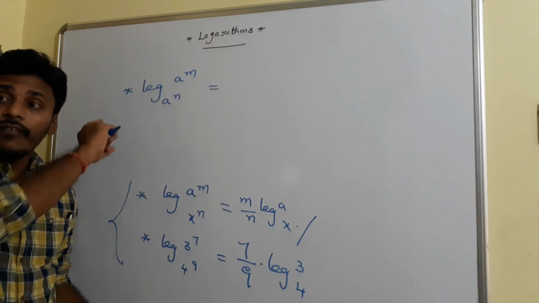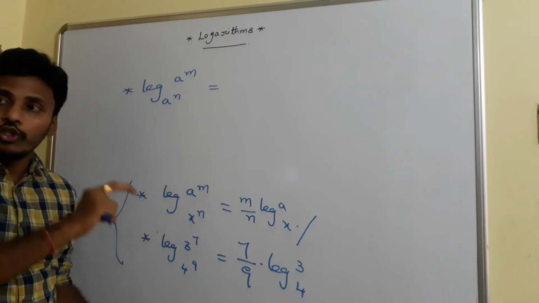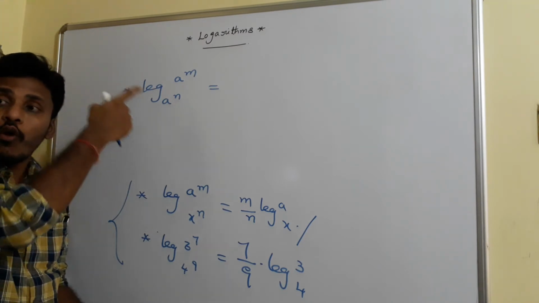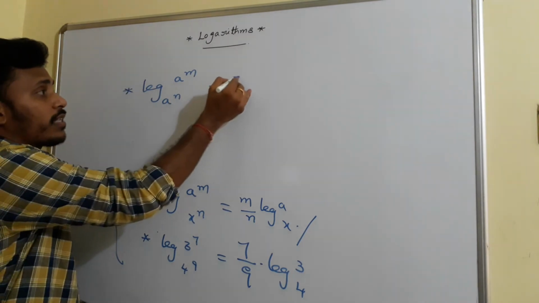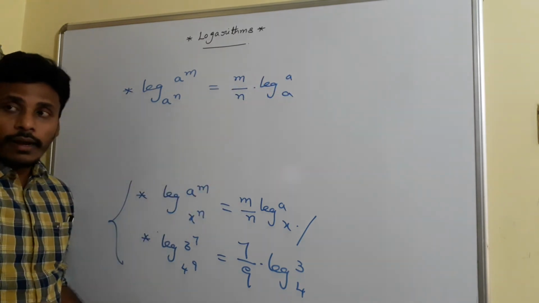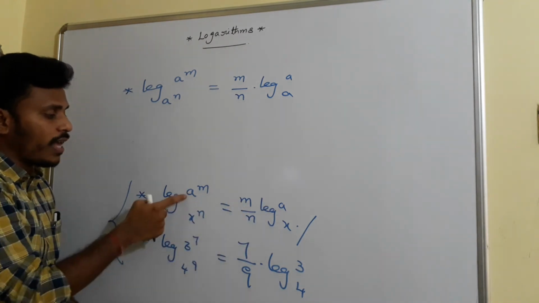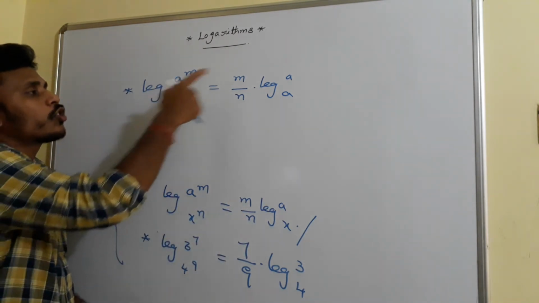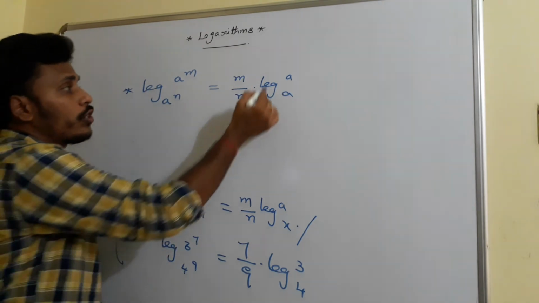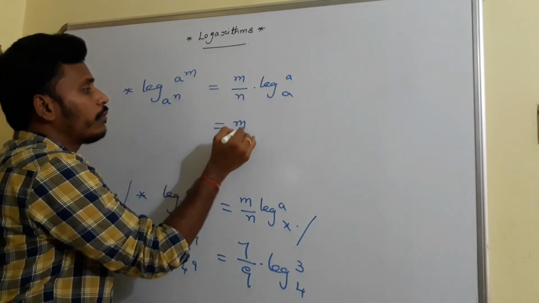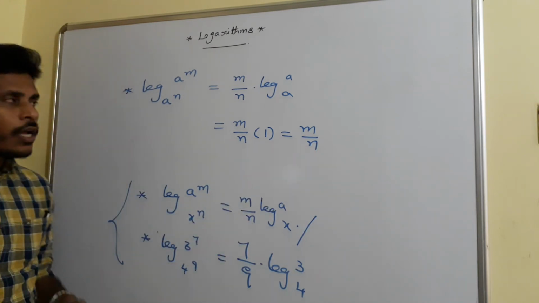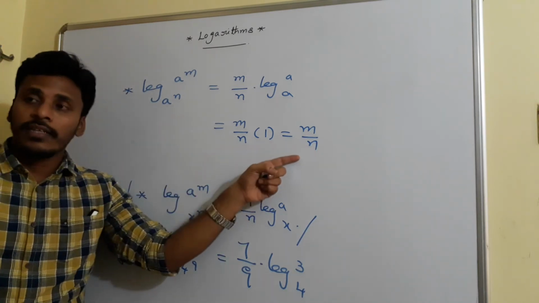See, if you look, a power m comes out to the numerator and this n comes out as the denominator. Then this logarithm of a power m base a power n can be expressed as m by n into logarithm of a base a. Here it is logarithm of a base x, but here it is a and a. So logarithm of a to the base a is 1, as we know, so you just replace this value with 1. This is m by n into 1 and your final answer is m by n. So logarithm of a power m base a power n is m by n.